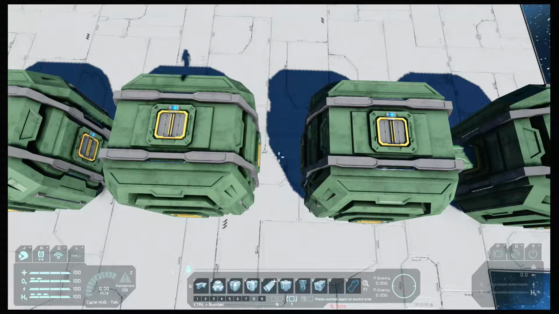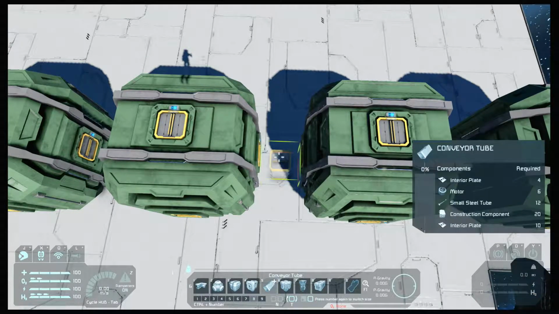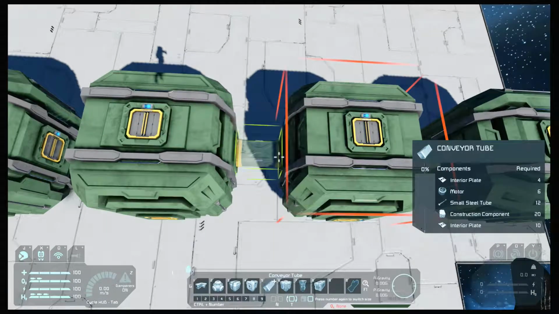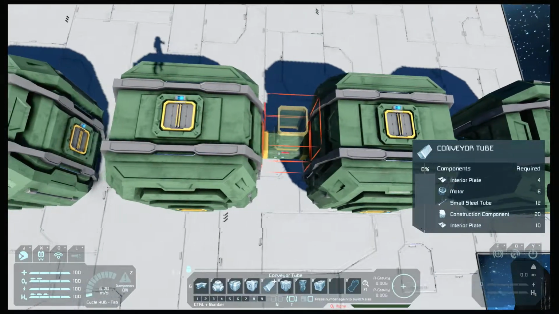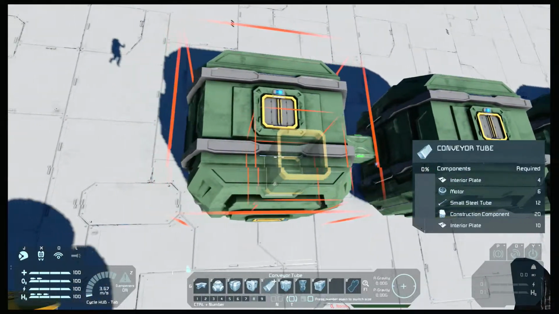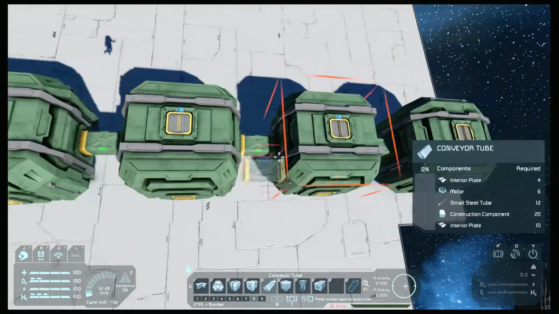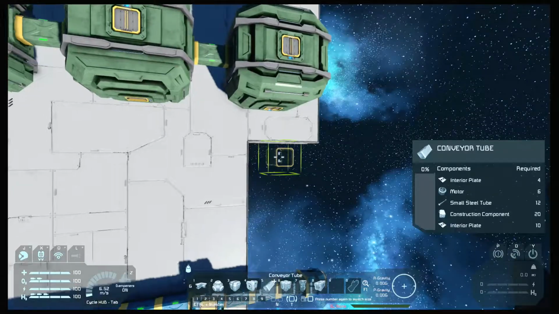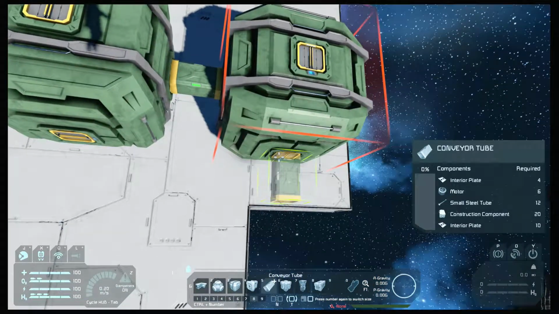Number 8, I believe it was, and 5, change colors back to our supply system. Alright, so we have all 4 of these containers now interconnected, but I'm going to draw them a little